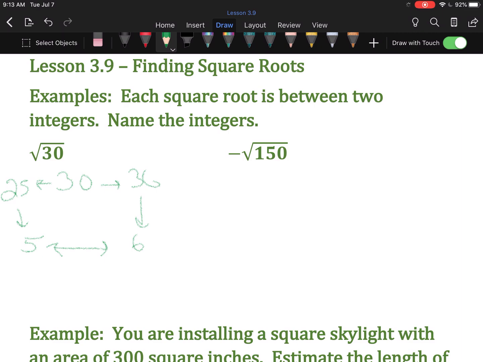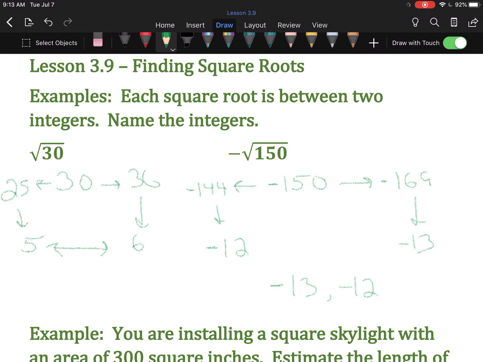Negative root 150. Okay, so this just means we're going to have negative numbers. So when I go lower, the next smallest perfect square is negative 144, because 12 times 12. And bigger is going to be 169. That's 13 times 13. This root is 12. This root is 13. So negative 150 is between negative 13 and negative 12 when we write those numbers in order from least to